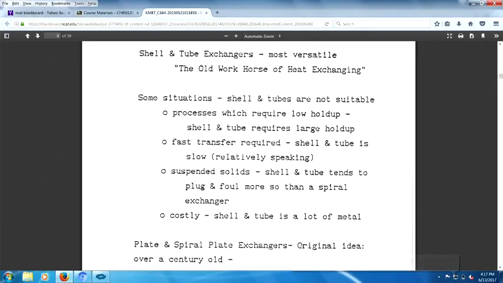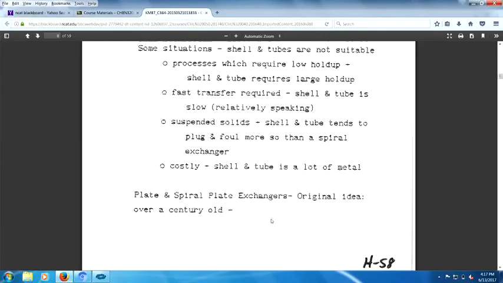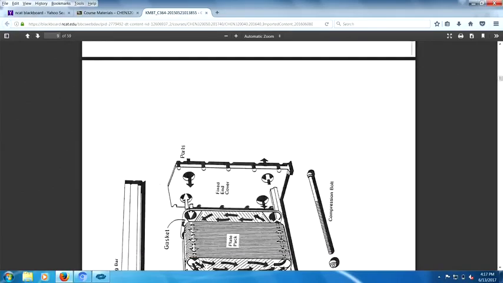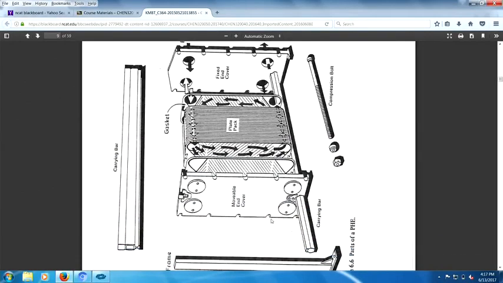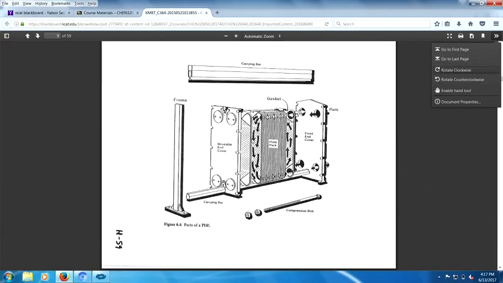Spiral and the plate heat exchanger, the original idea was over a century old. Like I was telling you, old is good. Okay, you got that? Old is good. And there you go. That's the first plate heat exchanger there. So you have the plates, you have cover, your front end, back end, movable covers, got a